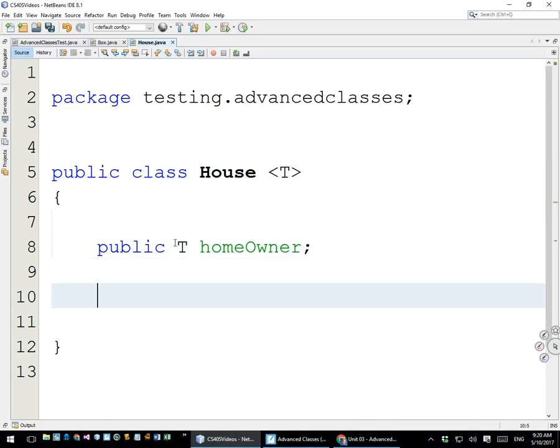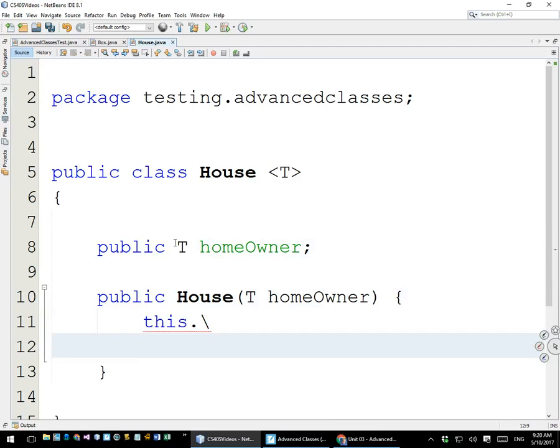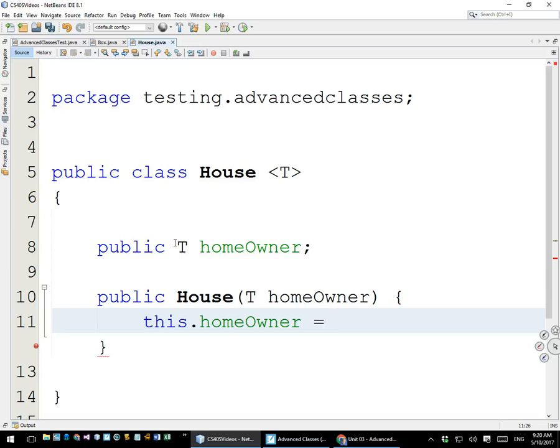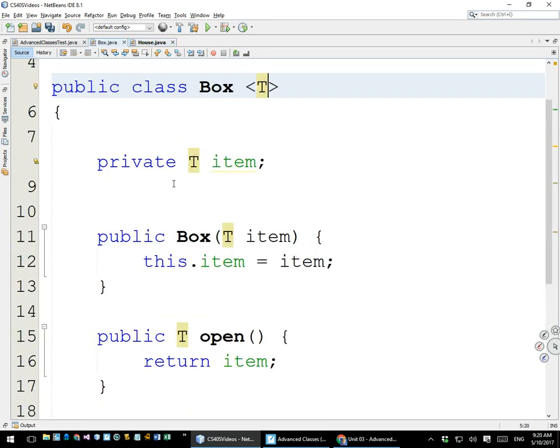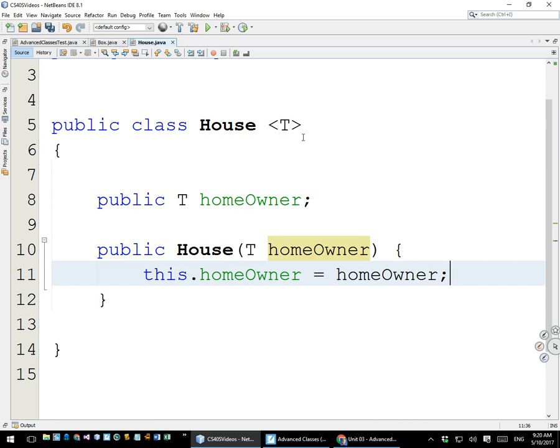But, okay, and then we'll just make a quick constructor. Public House(T homeowner). Okay, this.homeowner equals homeowner. Seen that before. So very simple class. Okay, in a lot of ways it looks just like Box did at the start. So Box had an item, House uses an item which we happen to call homeowner, but the generics are working the